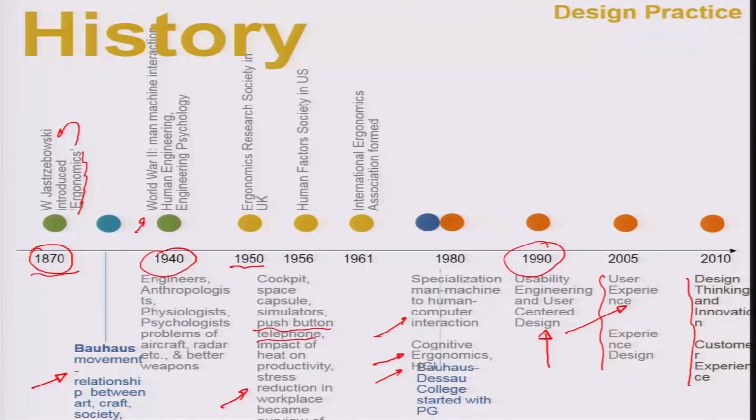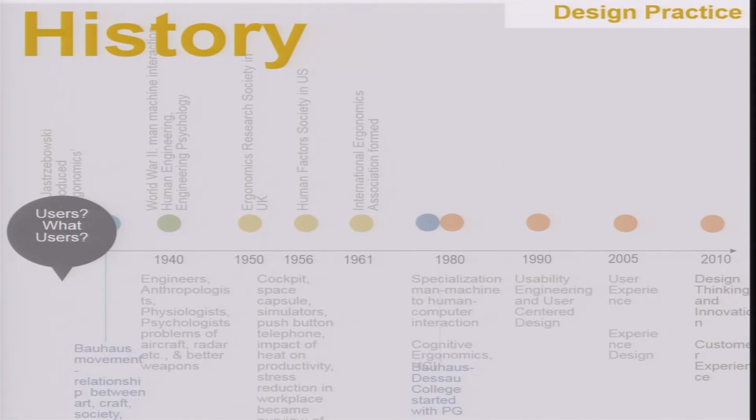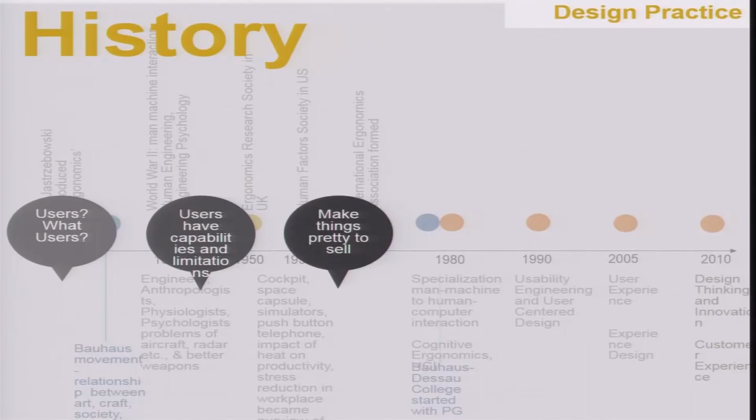If we look at this earlier, probably back in the 1800s, people used to ask the question: what is the need of users in making or designing products? Then people started thinking that products have capabilities and also limitations, and so the users would define the capabilities of those products, because the usability of the product is dependent on the user, and his inability to handle the product properly may result in some limitations or some kind of failures, which was felt during handling of machinery.